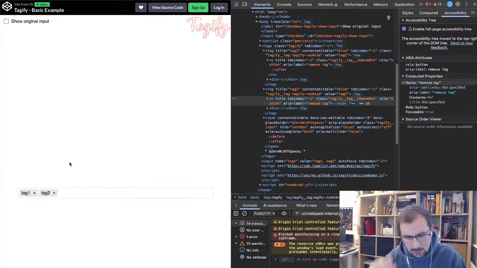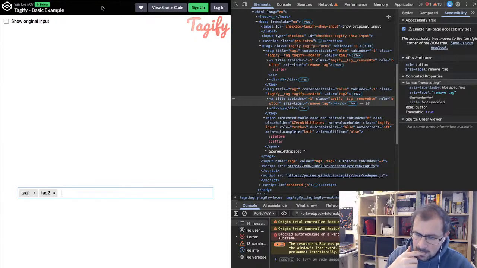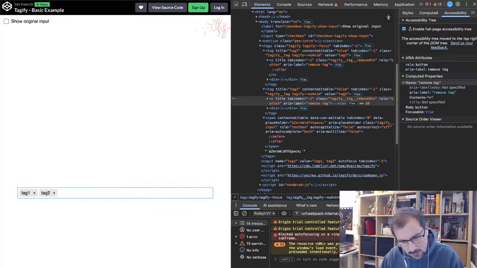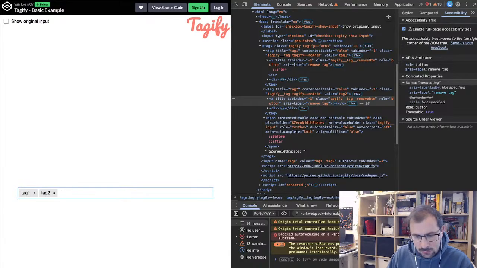Let's see the keyboard interaction. So I'll just tab through quickly. So here as well, the tabbing skipped straight through the existing tags. I'm using the arrow keys now, and I don't see a way to go back to those tags. So that's a bit concerning. It seems like just like the previous library, the only way to remove existing tags with the keyboard is to remove them sequentially from the right side to the left side,